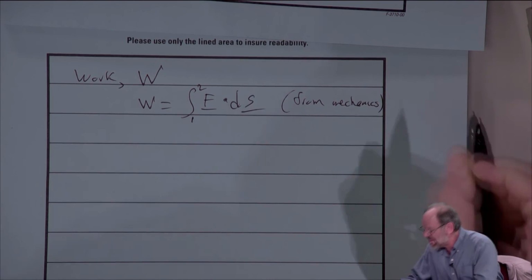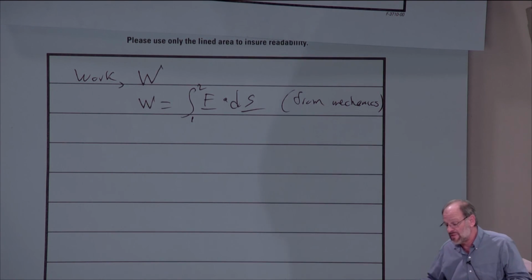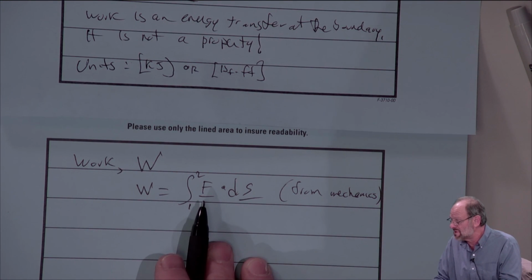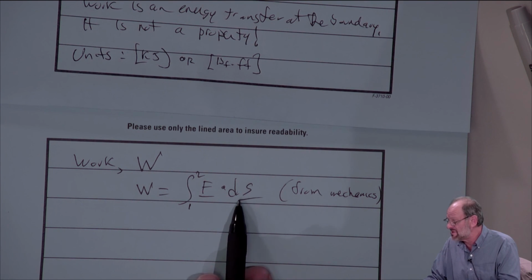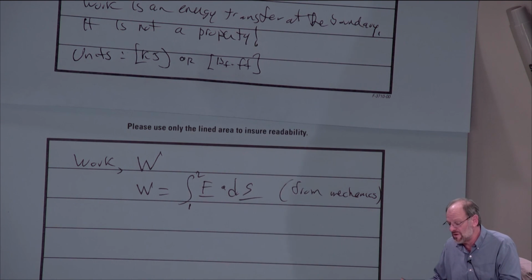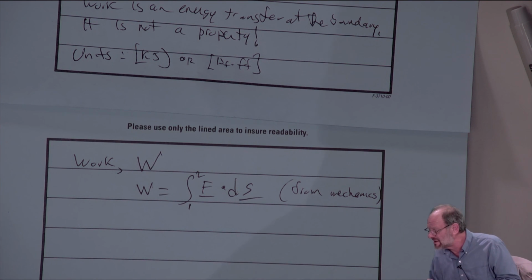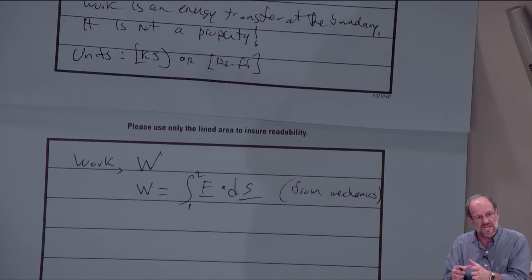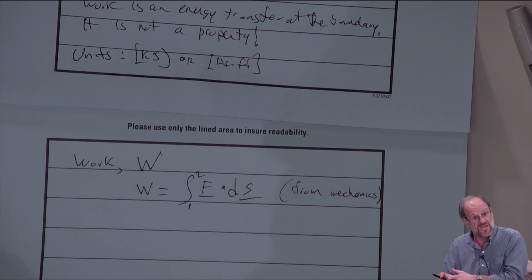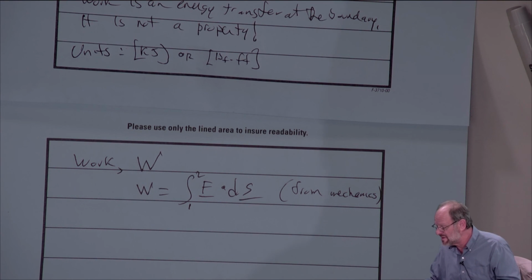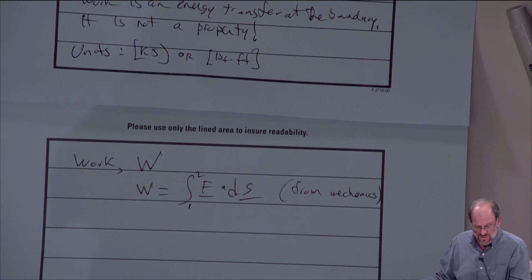So let's just say that this is from mechanics. And as we're just talking about the units, you can see that those would be the right units, right? The units of force are going to be pounds force. The units of position are feet. So pound-foot are the appropriate units for work. Now you might wonder, well, what about kilojoules? That doesn't exactly look like force times distance. But again, we talked about that, right? A kilonewton is force. A meter is length. So a kilonewton meter is a kilojoule. They're the same. So the kilojoules would be the appropriate units in SI, or we could write kilonewton meter, but it's all essentially the same thing.